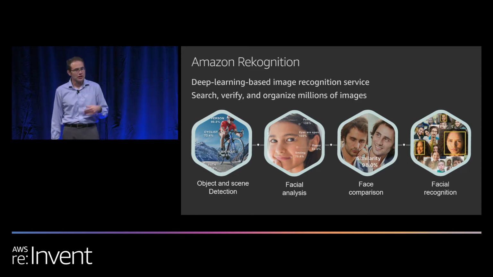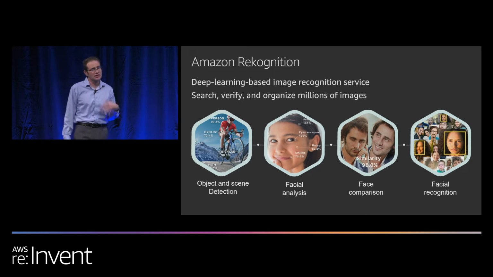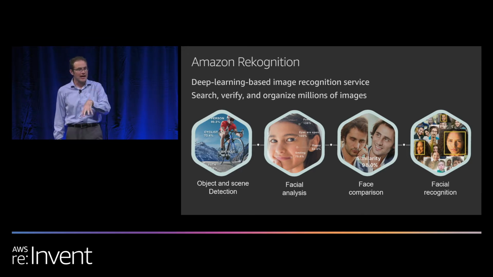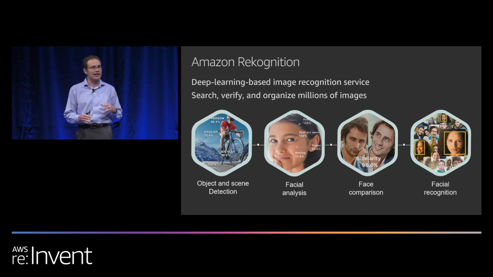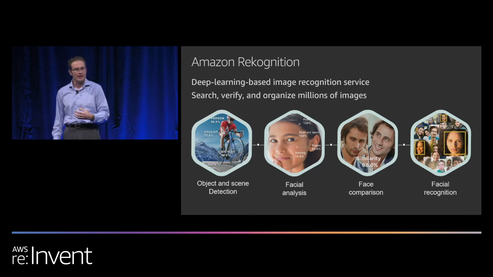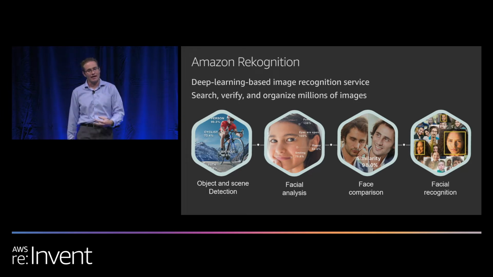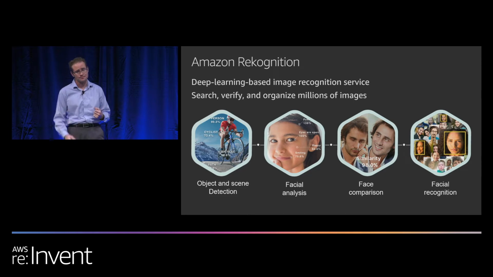So with Rekognition, you can do object and scene detection. So you can see on the left, it detects a bicycle and a person, and actually puts those two together and says, that person's probably a cyclist. He's on a bicycle. Also, it shows the path and the mountains, and it gives a confidence rating for each of those objects. Then you have facial analysis. So it can actually break down the pieces of the face to say, oh, is this person smiling? Are they happy? Are their eyes open? Are they wearing glasses? You can do facial comparison, so comparing one face to another.